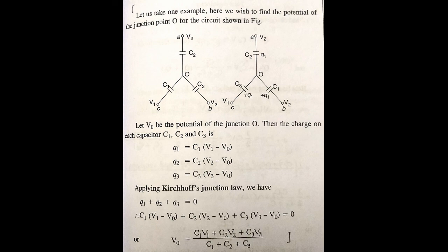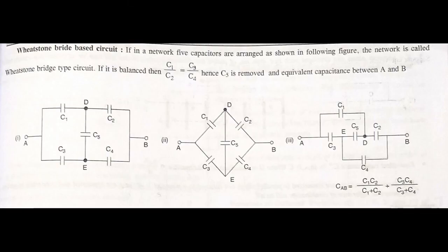Okay, another concept is coming up right now. Please check that also and do copy it in your classwork. This I told you while doing the normal class of capacitance for board, that is the Wheatstone bridge. You see here, you know that these capacitors should be in a particular ratio, they should be in proportion. So then you can omit the middle capacitor because there will be no charge flow since the potentials are equal